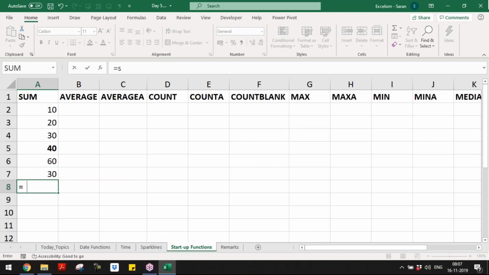Okay, for example, SUM of 10 comma a comma 10. What's my answer if I enter? In this case, it is a value error. If you observe, there is a lot of difference.